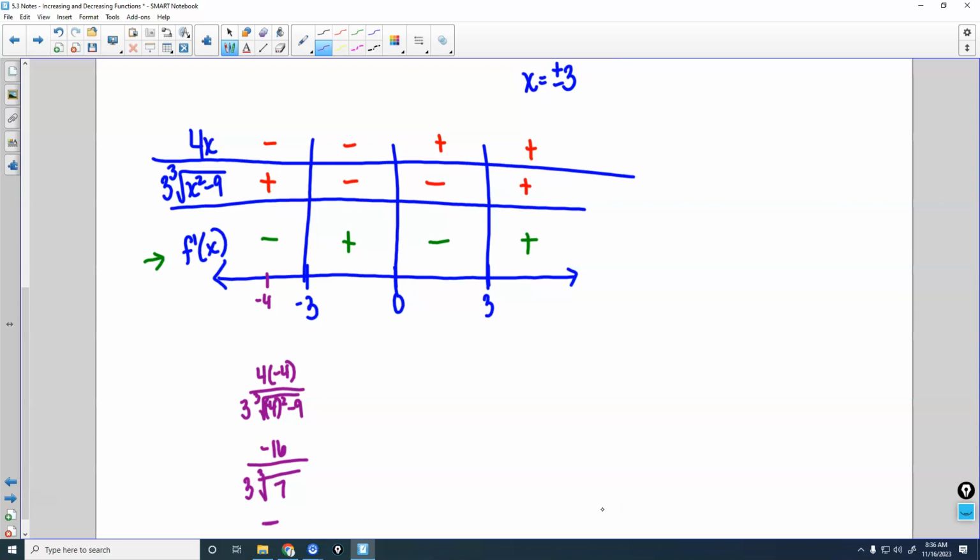I find the chart helpful, particularly on ones that are more complicated, that have more pieces. It makes it a little faster to do. So this question asks us about where the graph is increasing or decreasing. So if we think about what is happening here, when our derivative is negative, what's going to happen to the original graph? Decreasing. Derivative is positive, the original graph will be increasing. So we would say f of x is increasing,